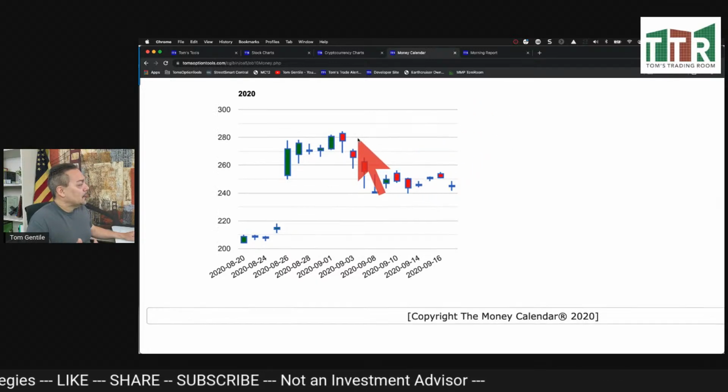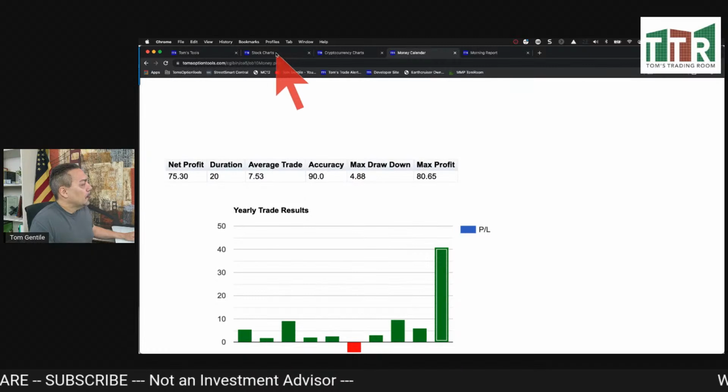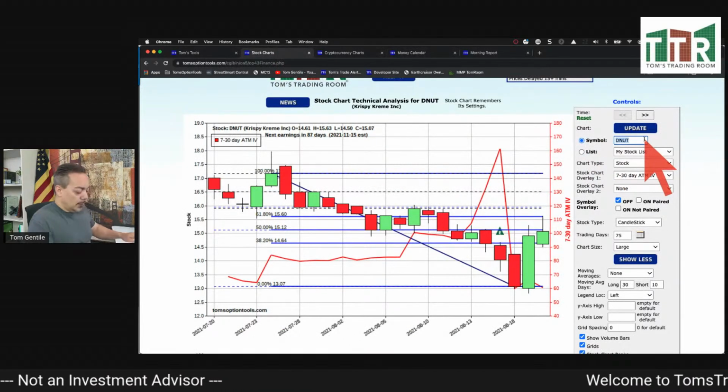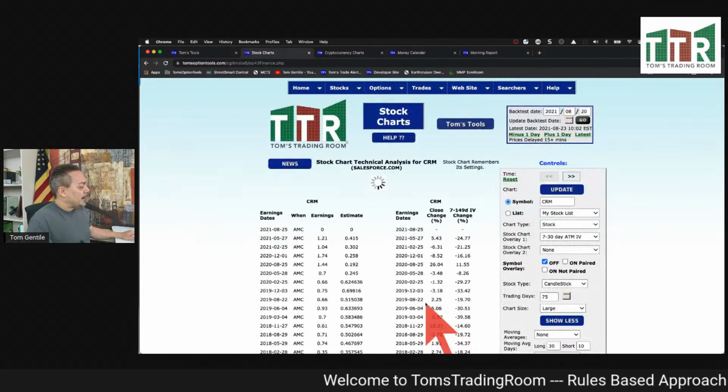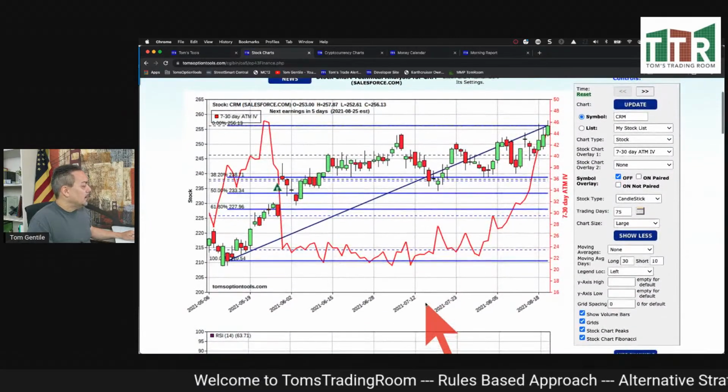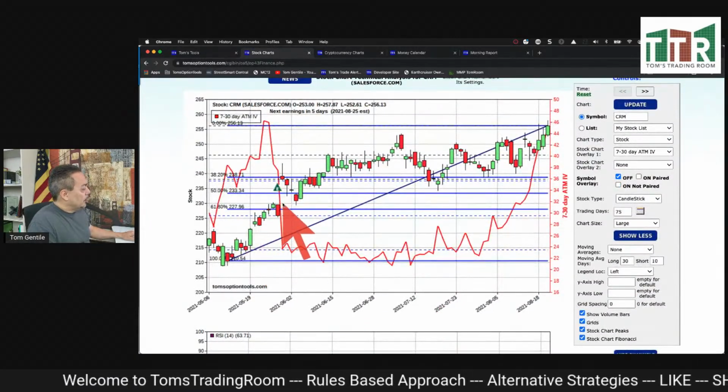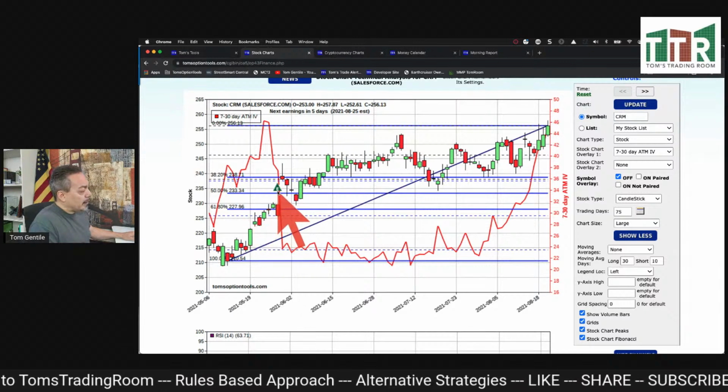I want to look at a stock chart of CRM. So let's go back and take a look at the stock chart of CRM. So I'm going to put in CRM in the chart. And this is going to take us back to the last 75 days. All right. As you can see here, during this last 75 trading days, we did have an earnings report on